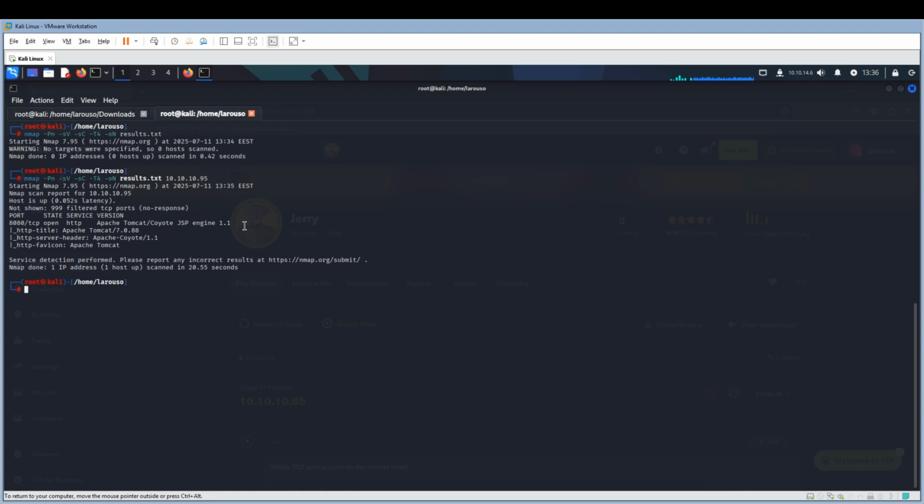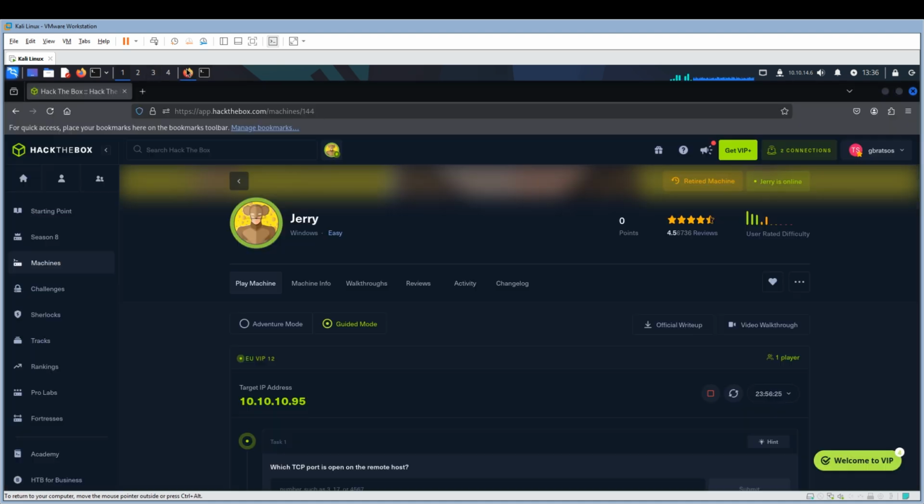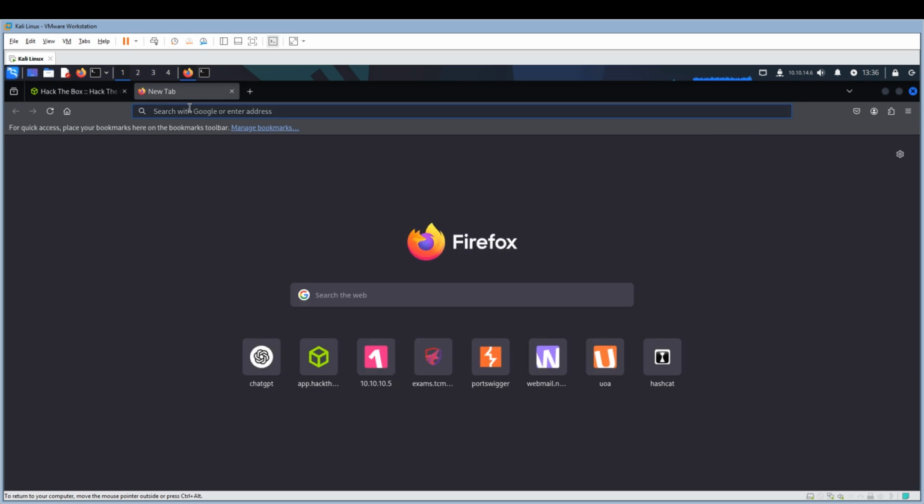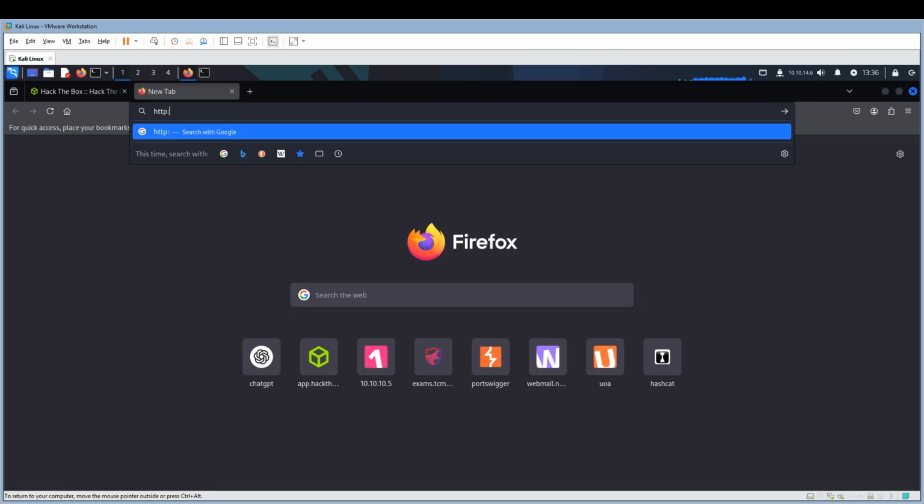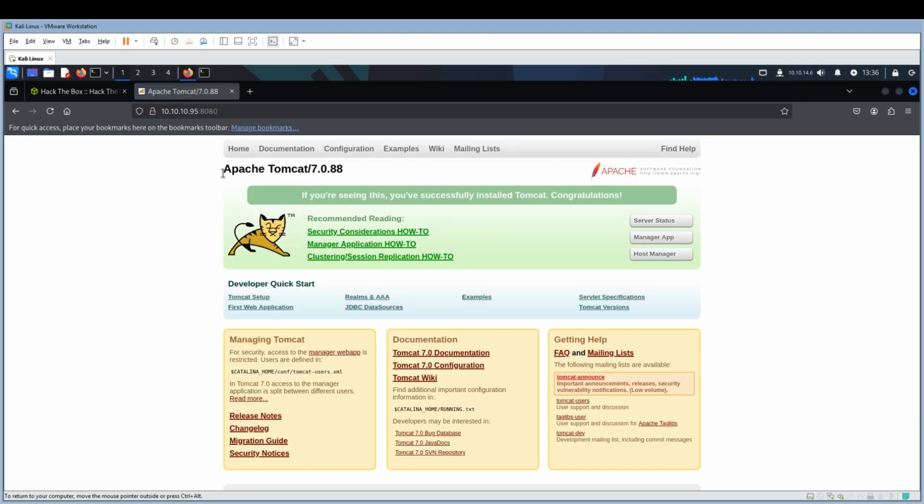So the very first thing that we have to do so we can approach the machine correctly is to open the web browser here and then type http:// and then I'm just going to paste here the IP followed by the port that is open, the 8080. Alright, so right here we are on the default installation page of the Apache Tomcat,